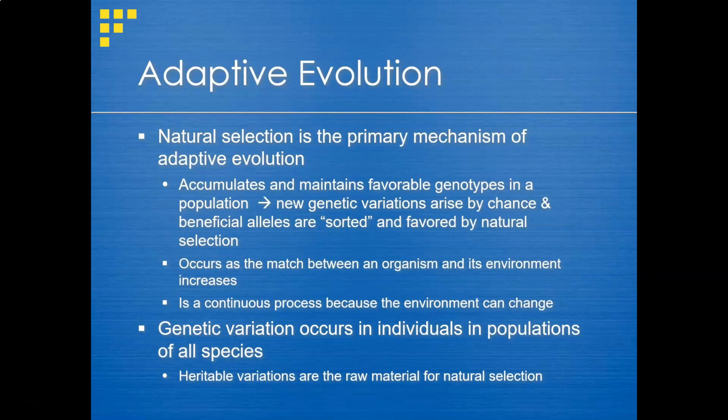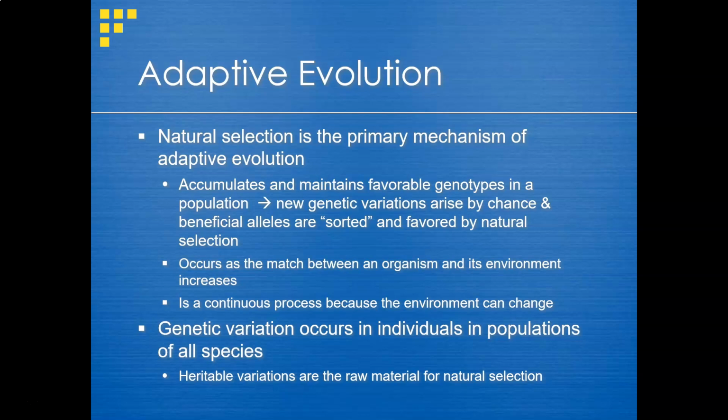So ultimately, adaptive evolution, right? Natural selection is that primary mechanism. That's what we're expecting to happen. That's the predictability, assuming that we understand the traits that exist and the conditions that are present, and as a result of that, understanding which traits should be passed on more often, assuming the population size is large enough that genetic drift is not an issue.